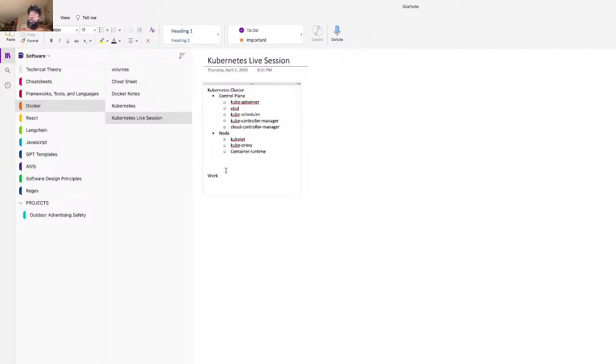Workers are nodes, so they host the pods that are components of the application workload. That makes sense. So this is the meat and potatoes of our application, right? And then the control plane, and let's put the control plane on.